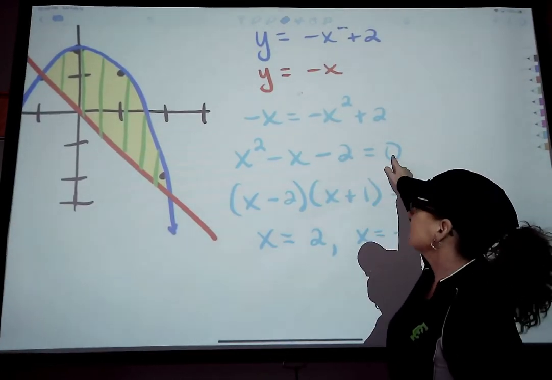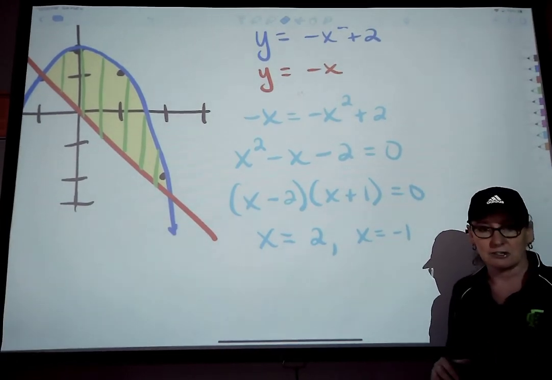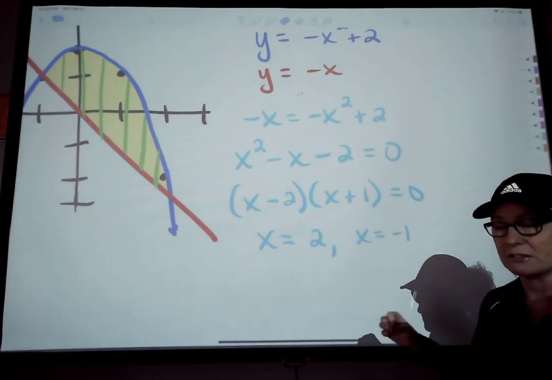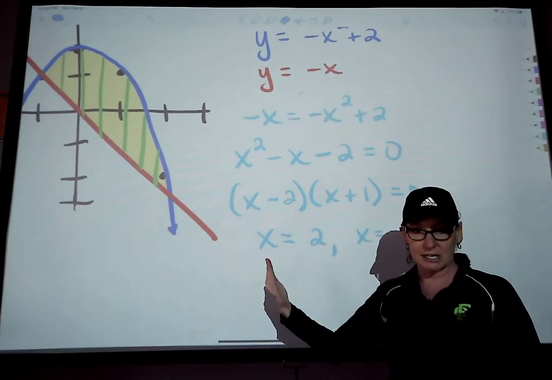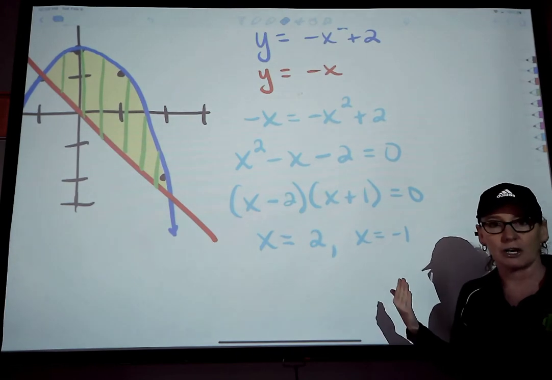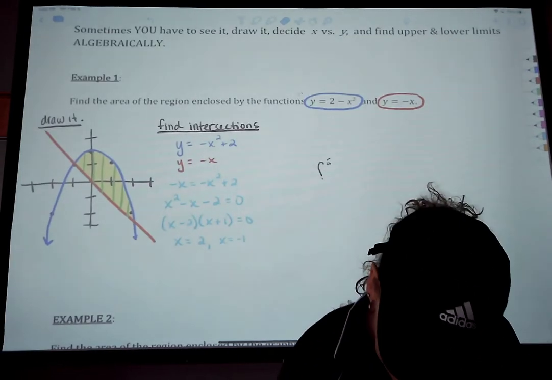It's quadratic, set it equal to 0, factored it. Sure enough, my intersections were -1 and +2. So -1 is where our area accumulation starts. +2 is where our area accumulation ends. So now,